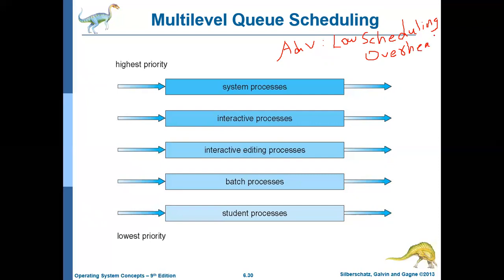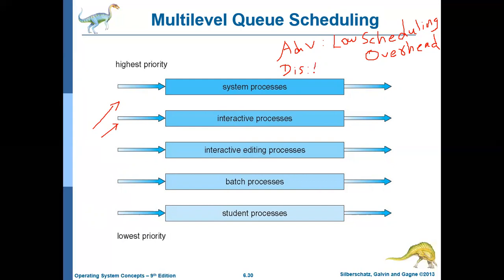That is, the operating system will first check what type of process it is. It identifies the type of process and moves it to the appropriate queue. Okay, that's it. That's the core job of the operating system. So scheduling is quite easy. So we say the advantage of this particular algorithm is it has low scheduling overhead. And what is its disadvantage? The disadvantage of this algorithm is it is less flexible.